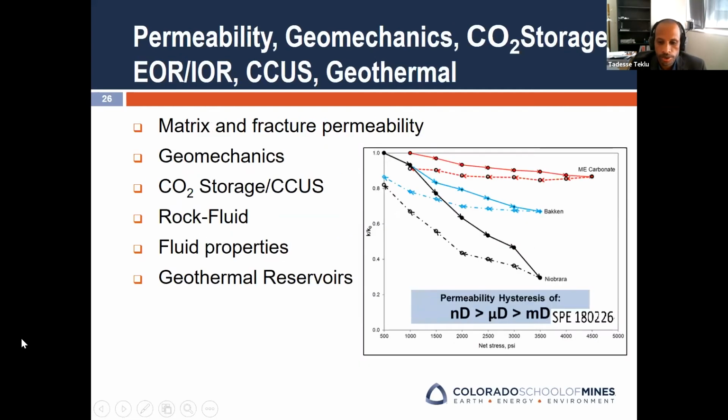In addition to EOR and IOR experimental and modeling work, I also do experimental studies of matrix and fracture permeability and geomechanics, with and without propellant. These studies are at high pressure and high temperature and at varying stress conditions. And we investigate matrix and fracture permeability and geomechanics before and after rocks interacted with different fluids, such as using